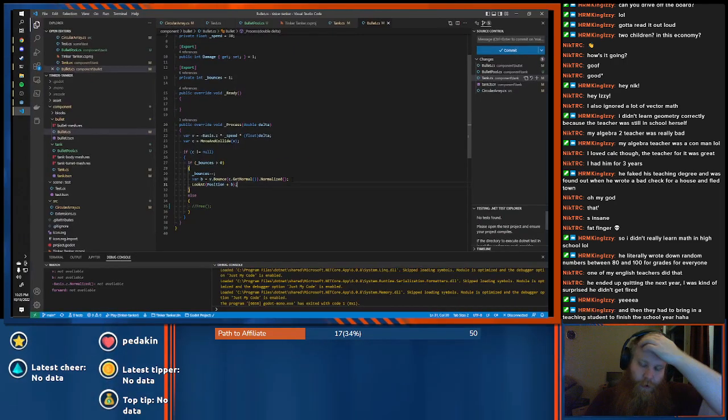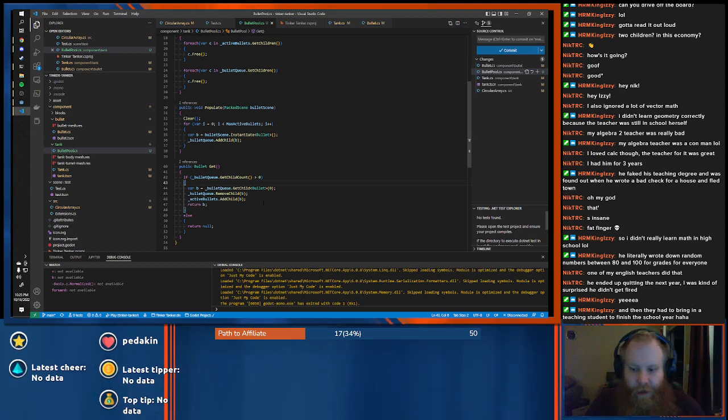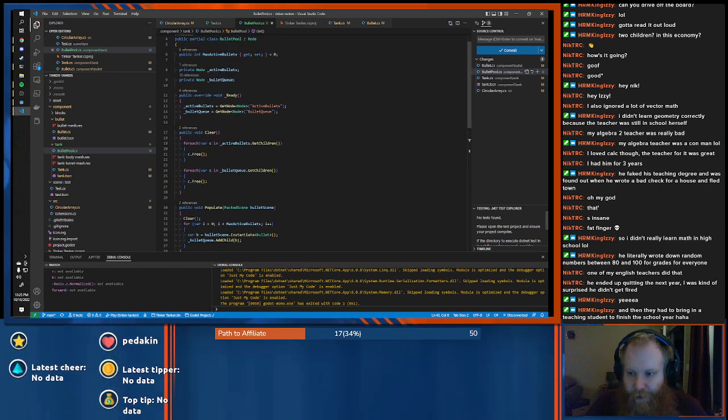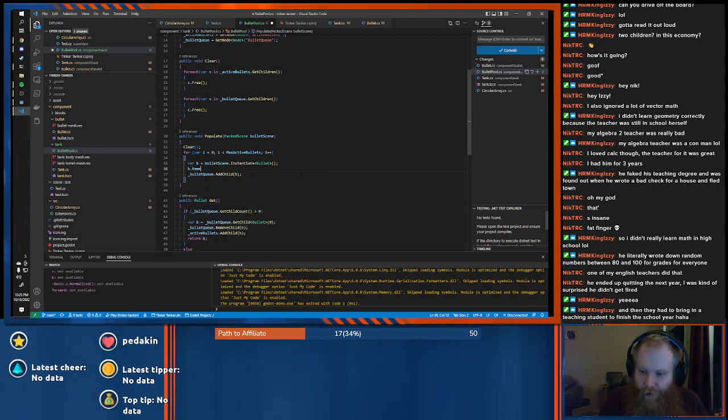Also, just for my own note-keeping purposes, we're going to change the behavior over here. Where's the instantiate? It's part of populate. We are going to do b, is there a name? Name equals bullets plus I string.